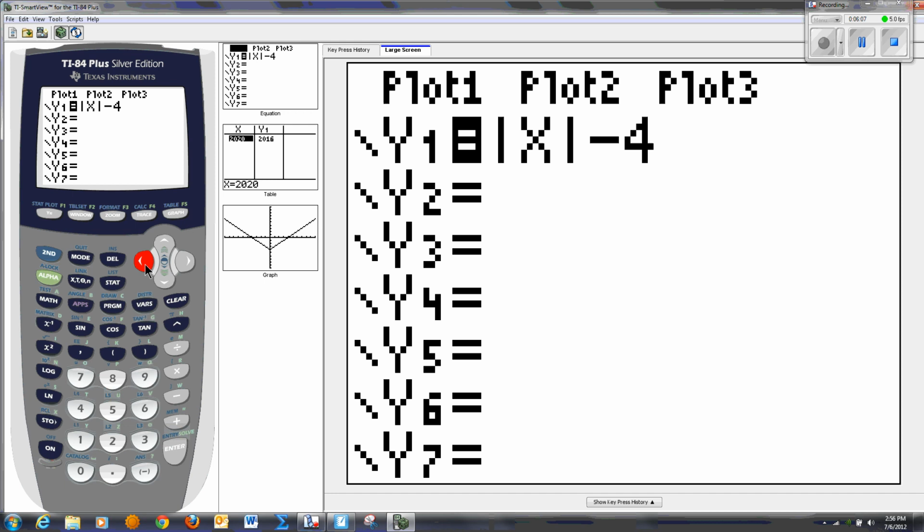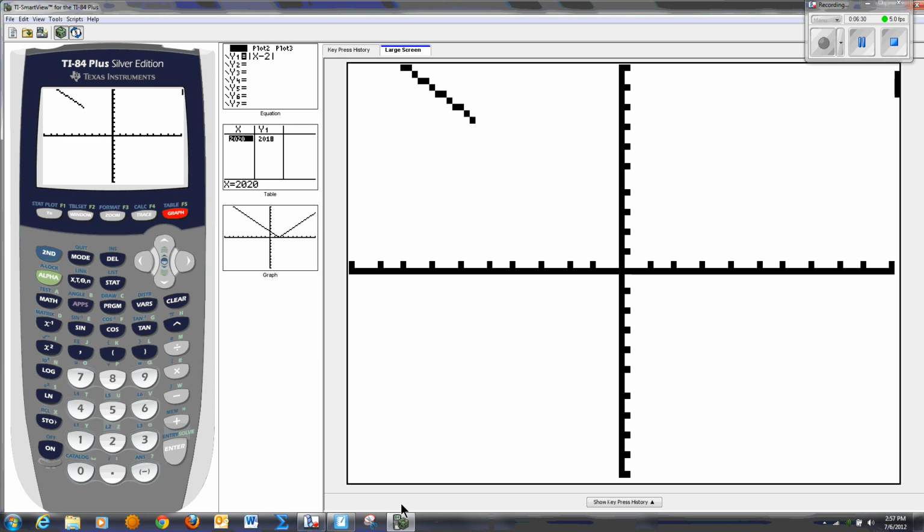I'll get rid of the -4, and I'll move into here and say -2. And then I'm going to take and graph this. And again, we could have just plugged in a bunch of x and y's, but we're going to use our calculator to give us some idea of what it looks like. So you'll notice